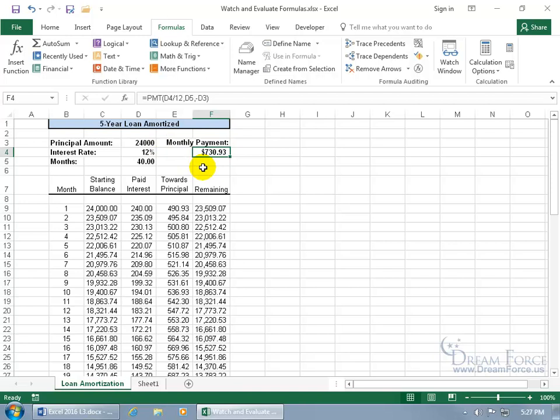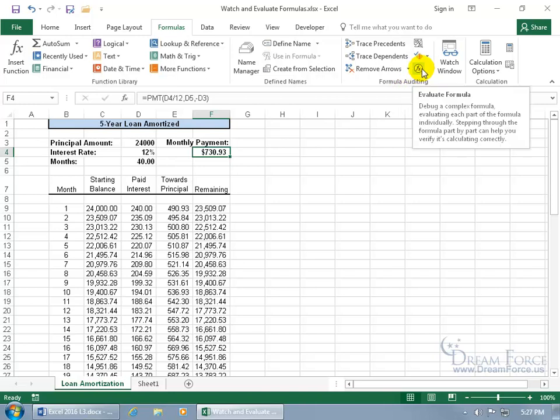Now, if you have a complex formula or nested functions and formulas, and you want to evaluate it one step at a time, then take a look at Evaluate Formula and see if that's going to be helpful for you by helping you break it down. So, for example, with the cell selected that we want to analyze, then come up here on the Formulas tab, go to the Formula Auditing group, and it's right there, Evaluate